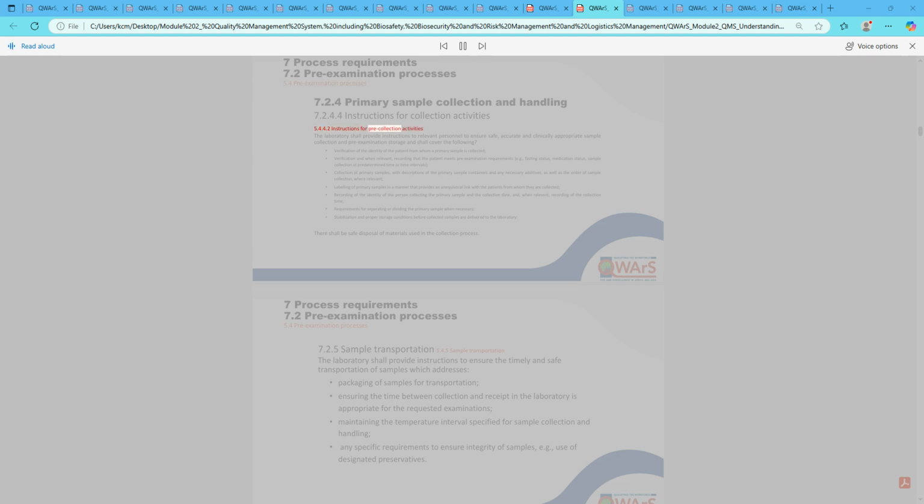5.4.4.2 Instructions for pre-collection activities. The laboratory shall provide instructions to relevant personnel to ensure safe, accurate, and clinically appropriate sample collection and pre-examination storage, and shall cover the following: